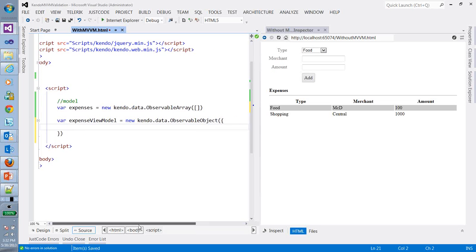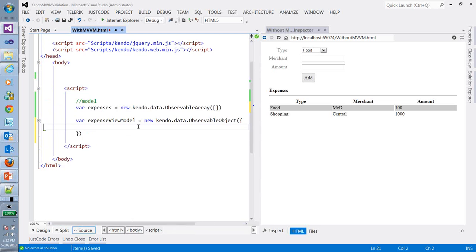Again, the view model is an observable object. It's not an array. It's a pure object that I want to keep track of. So what I will do is,